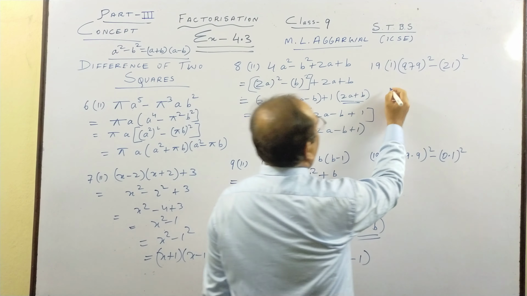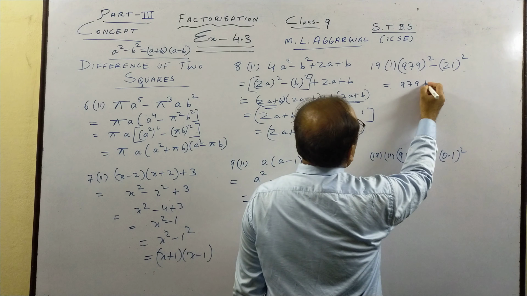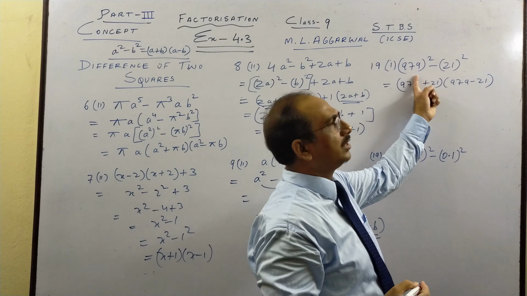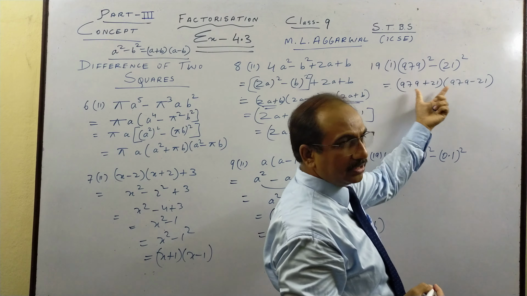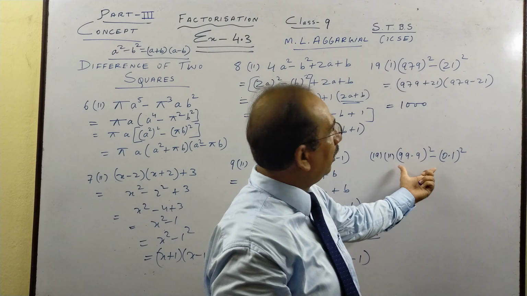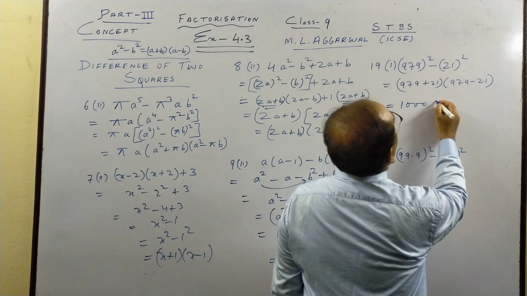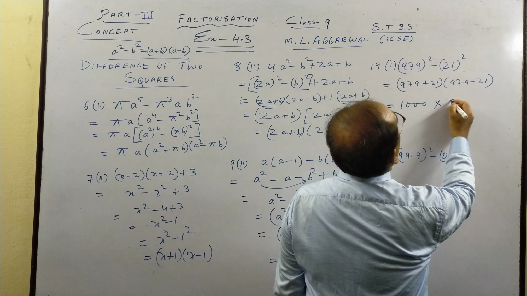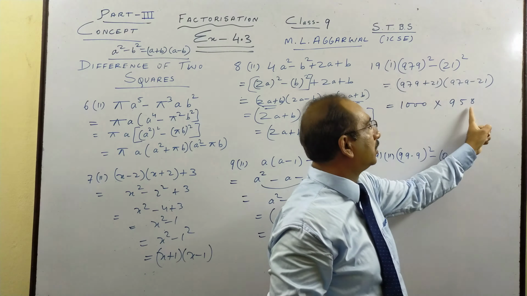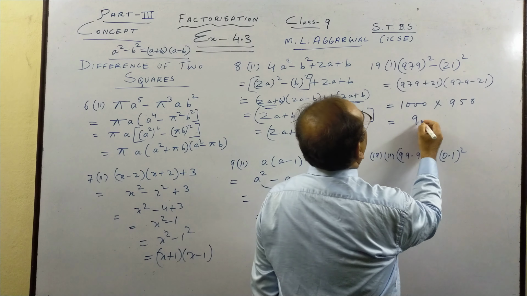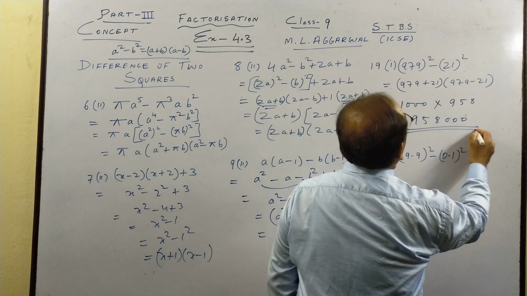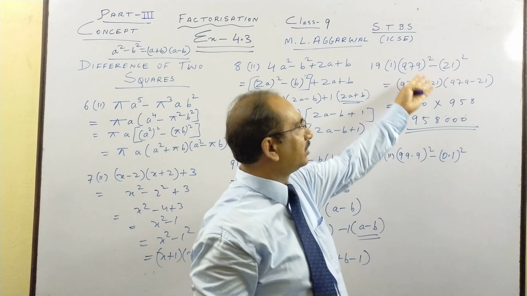Now the last part we have 979 plus 21, 979 minus 21. First thing square minus second thing square. First thing plus second thing, first thing minus second thing. So the trick is, children, you will get 1000 and 100 here. And this, if you subtract 21 from 979, you will get 958. 979 minus 21 is 958. So simply you put 3 zeros after 958. So fast we did.